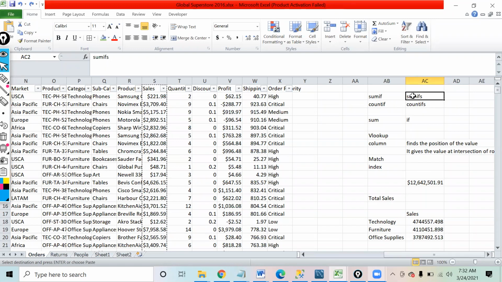Same way, like we have SUMIFS, we have a formula of SUMIF, we have a formula of COUNTIF. Now over here, instead of sales, I want the count. I want the count of how many times the transaction happened for technology, and how many times the transaction happened for furniture and office supplies. Now this is what I want to achieve. So please try this formula once, COUNTIF. COUNTIF, as the name says, will count based on a condition.